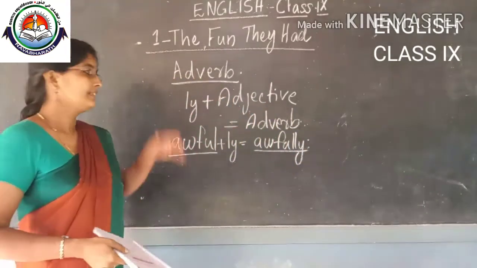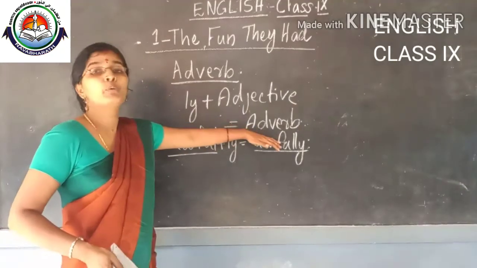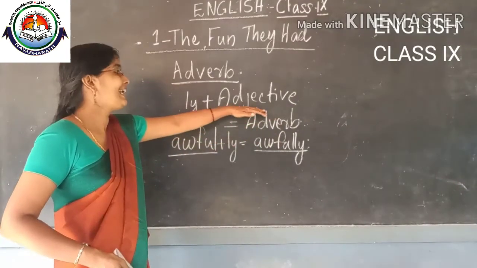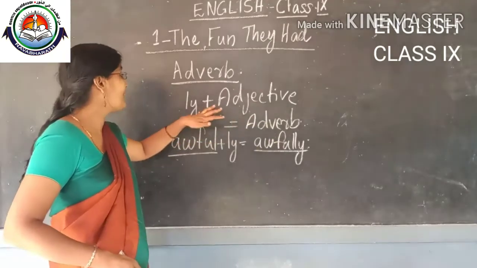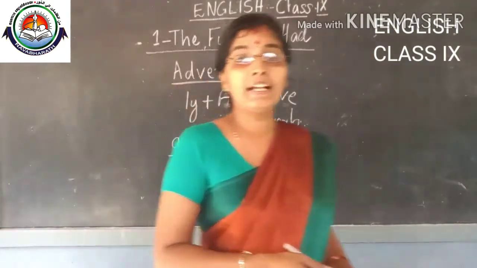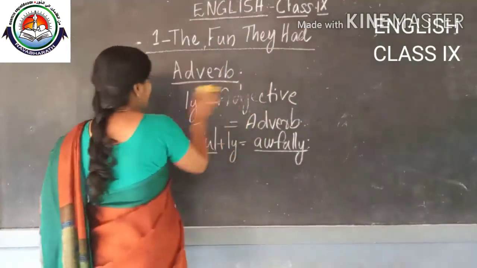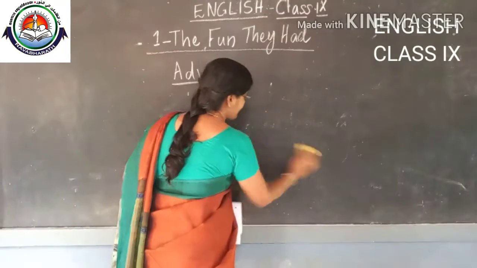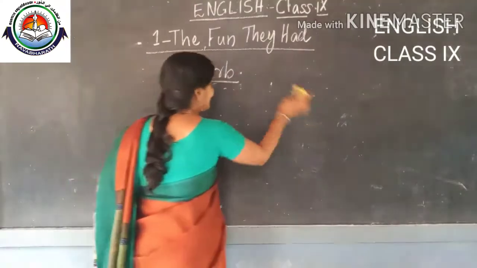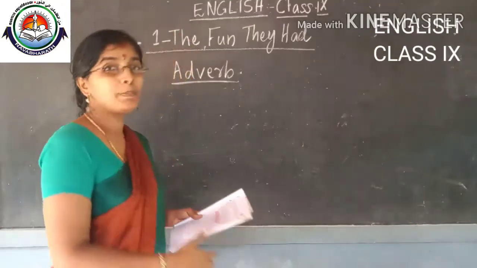Okay? That is the very simple way how we have to make an adverb. Take an adjective and add an ly. That is the simplest way how to make an adverb. Hope you are clear about it. Now let's see. There is an exceptional case actually. Simply adding ly may not be working.